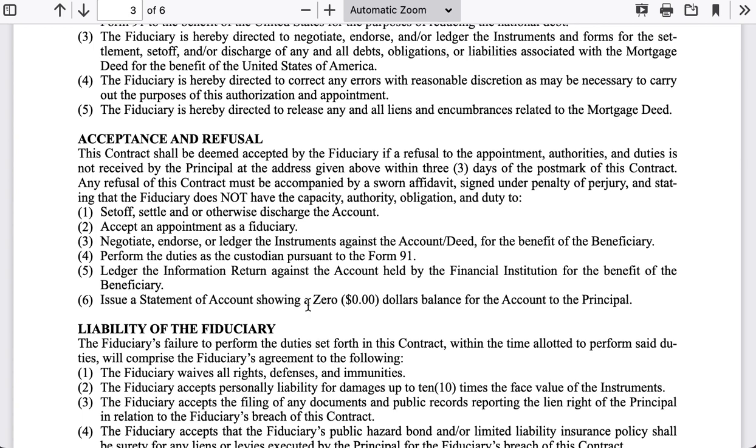This contract shall be, acceptance and refusal. This contract shall be deemed accepted by the fiduciary if a refusal to appoint authorities and duties is not received by the principal at the address given above within 3 days of the postmark of this contract. Any refusal of this contract must be accompanied by a sworn affidavit. This is one of the other very important keys. It's so important that when I get time, I'm going to go back in here and word this section a